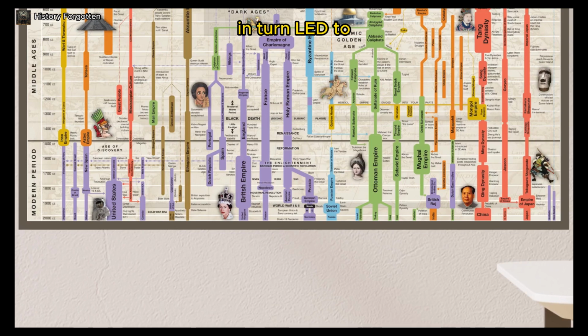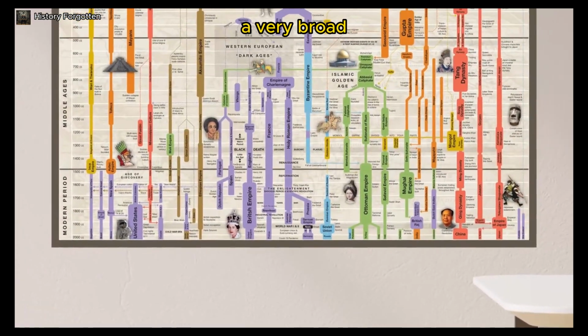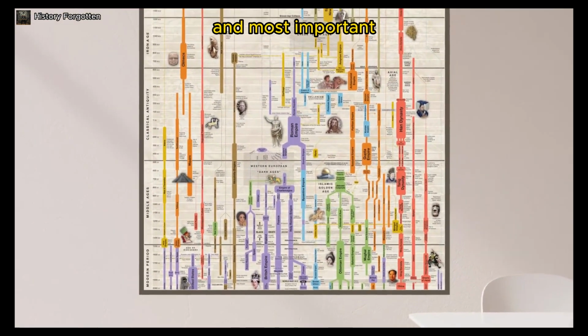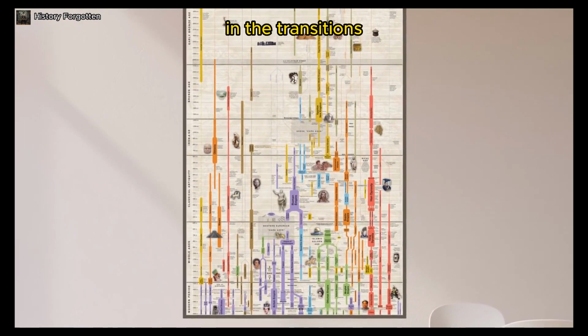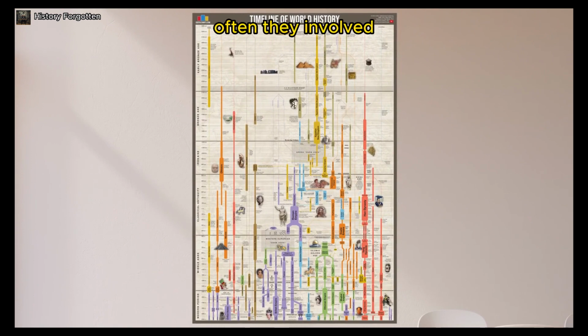This in turn led to the Industrial Revolution, which then gave way to the Technological Revolution, which we are still experiencing today. Okay, so that was obviously a very broad overview. I think what's perhaps most interesting and most important are the similarities that can be seen in the transitions. Often there will be a combination of climate events, natural migrations, and pandemics. Three things